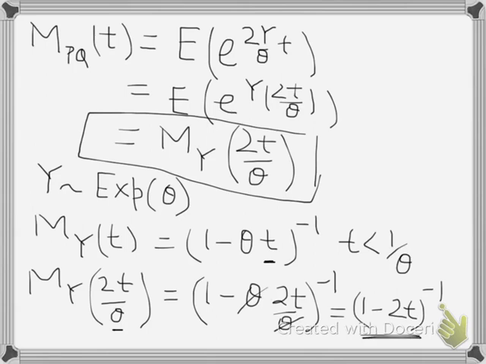There is no theta, so that means it is independent of theta, right? This distribution is independent of theta, so that's one thing done. So it is a pivotal quantity. The other thing to note here is, if you look at the table of chi-square, the MGF of this is similar to a chi-square with 2 degrees of freedom. If you compare it with the moment generating function of chi-square,